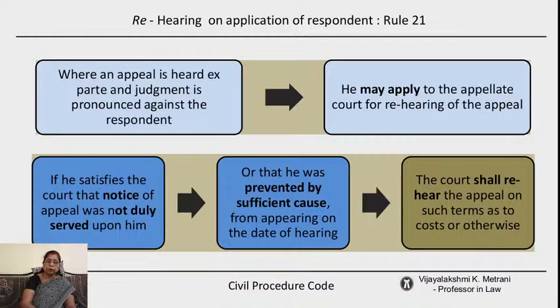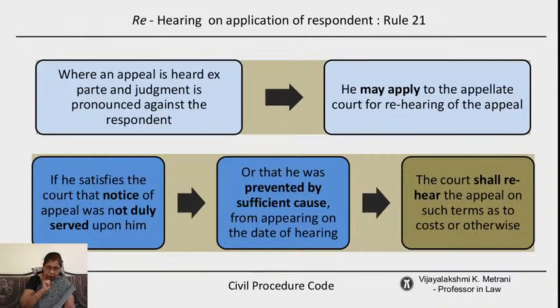There is one particular case where he did not appear before the court because he was prevented by that party itself. There was some fraud played by the party itself and they did not give a notice to him, or the notice was served in such a manner that it should not reach him, which he was not aware of, and therefore he could not appear before the court. Now the court doesn't know about it, so the judgment is pronounced. He appears before the court later on and says that this is the reason. He provides the notice, the date on which it was served to him, and also the facts on which basis he says that he has been prevented.